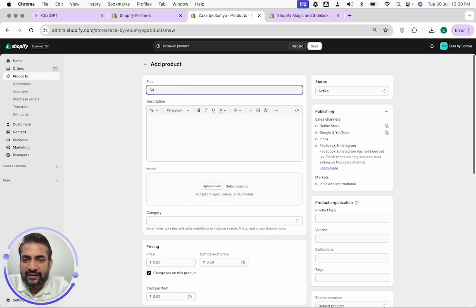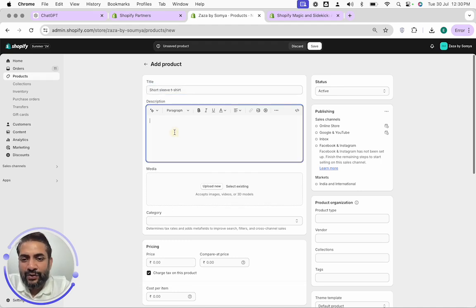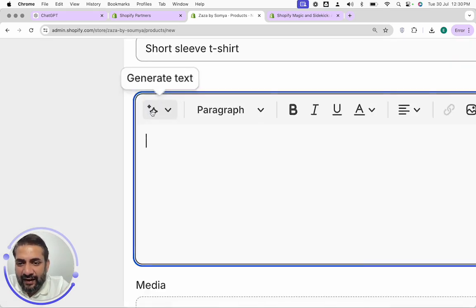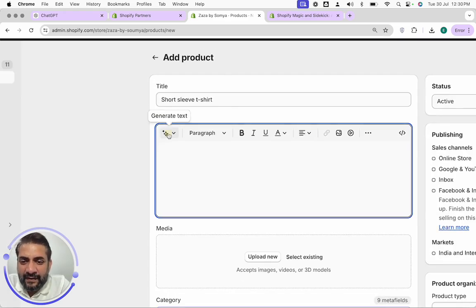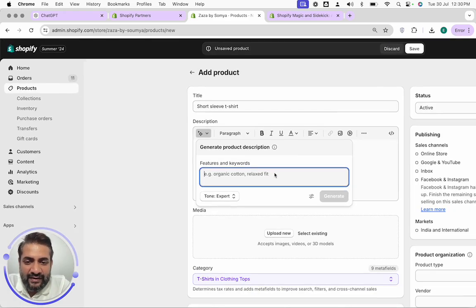The product is a short sleeve t-shirt, and I want to create a product description. I usually had to either write it myself, or go to ChatGPT or some other AI tool to write the product description. But now, if you see this star icon, like the Magic page suggested, we click here